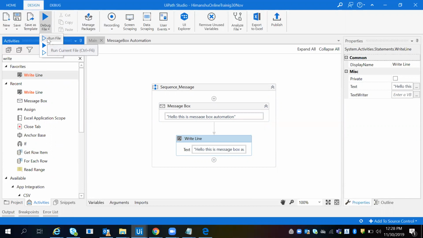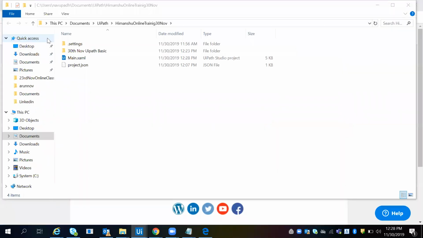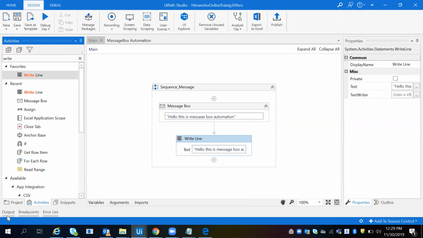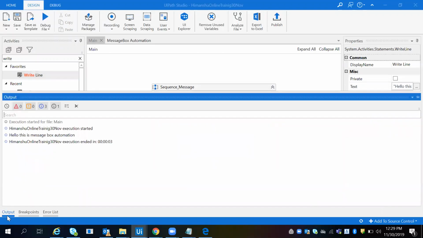Okay, so now I will also show you the time. I will also delete the message box within some time. Okay, so now at that time we have halted the process. If you click on the output panel, you will see it took 3 seconds. Only 3 seconds, and you are getting all the data.